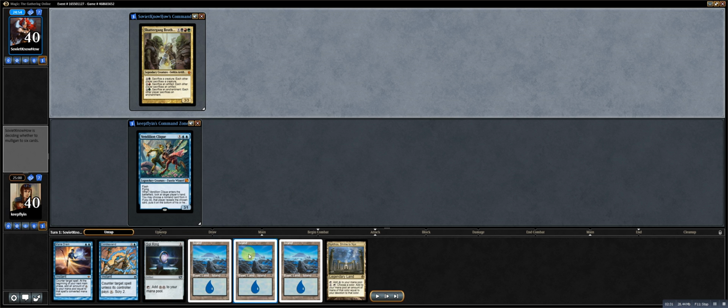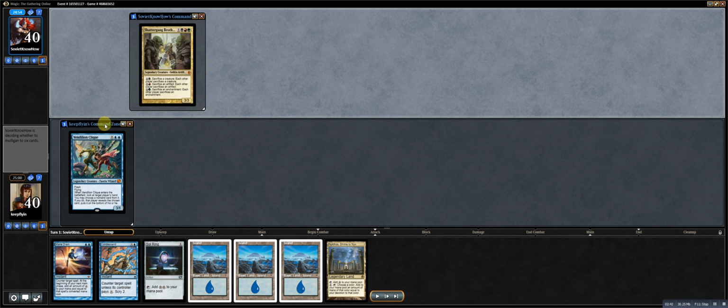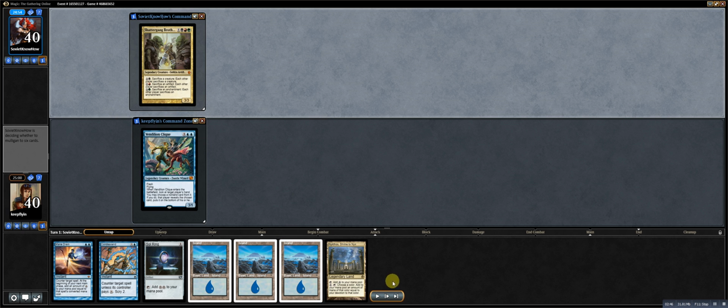So we're going to lean on this Condescend to be able to pseudo-draw some non-mana sources, so that way we can get to some other stuff. But other than that, I think this is a great keep. I'm just going to leave the commanders open for a little bit, so they get in the way. We lost the roll, so...